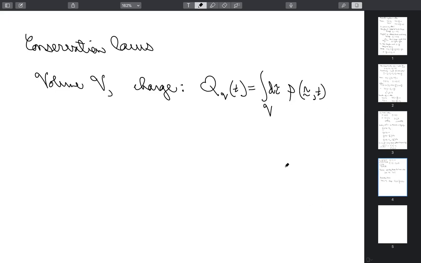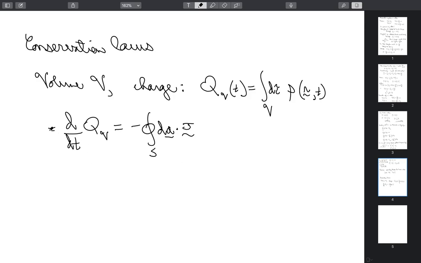Okay, and so we know how to talk about conservation of charge in this, because what we say is that the time derivative of the charge in this volume is really minus the integral over the surface bounding this volume of the current going through, dotted into the surface element. Okay, so really